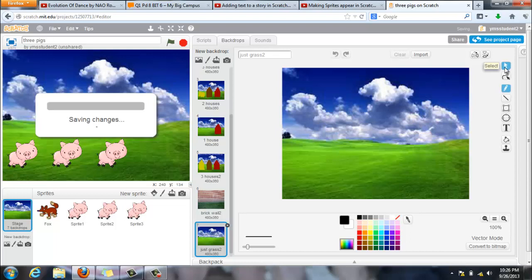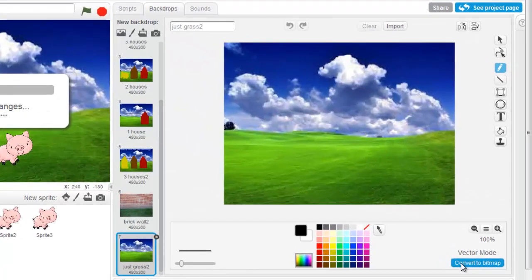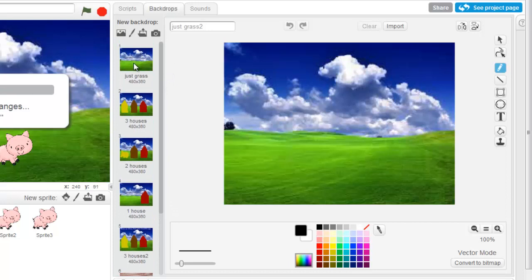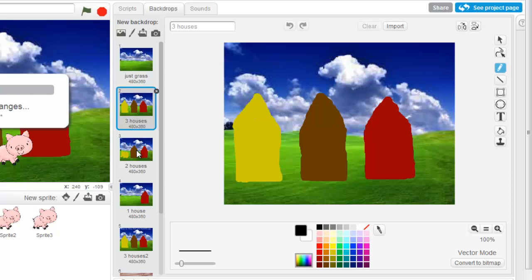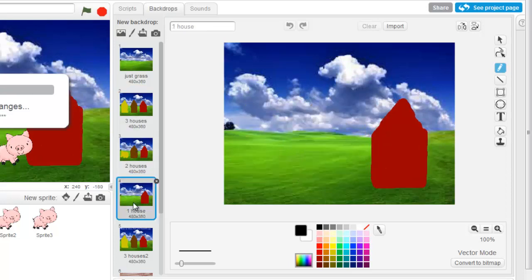Now, for my purposes, I actually want to convert it to bitmap mode so that I can draw on the actual canvas itself. And so if you look here at my backgrounds, you'll see I have the just grass one, I have the three houses, I have where the grass house has been destroyed, and then I have one here where I actually need to fill in where the grass house has been destroyed and the house of sticks has been destroyed. So I'm going to select